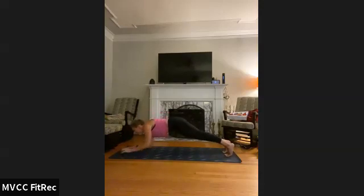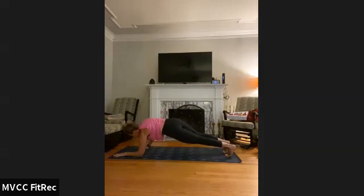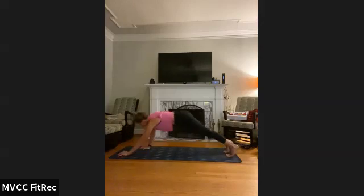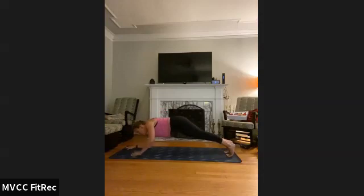Right palm, forearm, left forearm. Right palm, left forearm, right forearm. Left palm, right palm. Last time, right forearm, left forearm. Right palm, last side, left forearm. Right forearm, left palm, right palm. Hold your high plank for a count of 10. 9, 8, 7, 6, 5, 4, 3, 2,